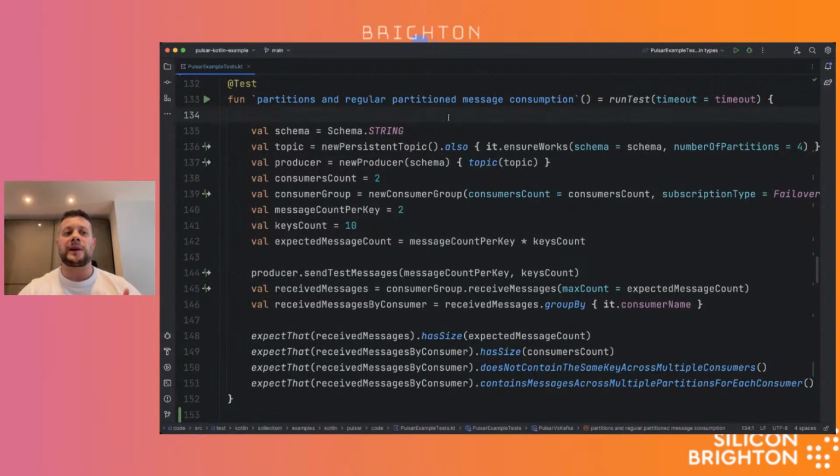In Apache Kafka, if you know how things work a little bit, which is what this test shows, the main idea is that you create a topic, and for a topic you create a number of partitions, right? So here, when I'm creating this persistent topic, I'm also creating a number of partitions equal to 4 on it.